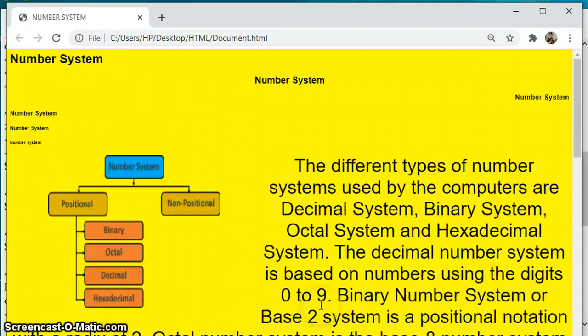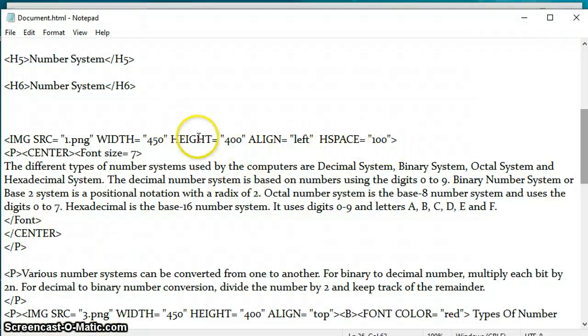Now students, next is wrapping text between two images. We can wrap text between two images to change the layout of our web page. Like here there is one image, I want to add one more image here, and I want the text to remain in between. So what shall I do? Here is my notepad file. This image is already given.